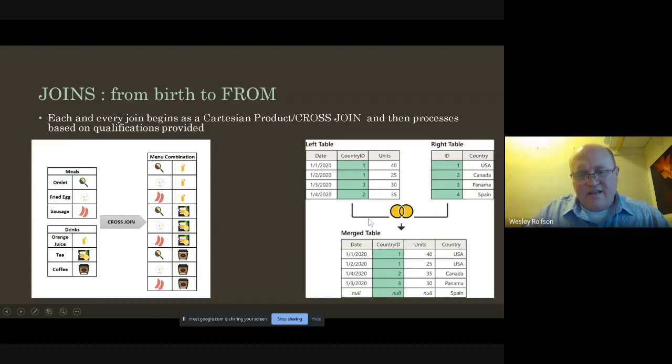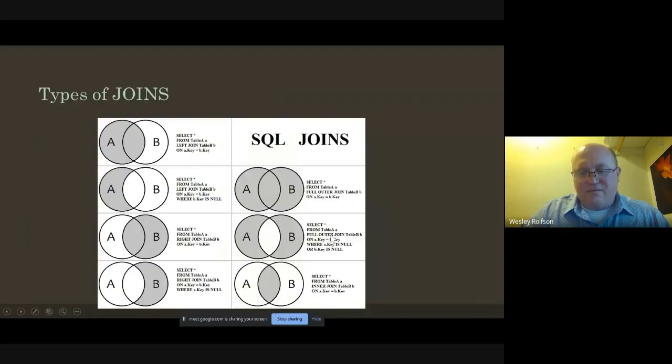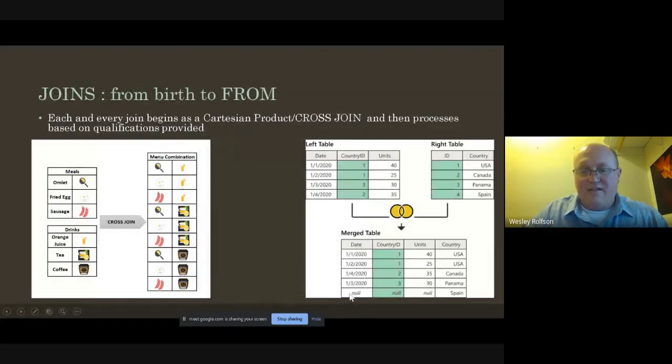And that includes the fact that there isn't a fourth row in the table on the left, so it's going to fill them in with null. And it's important that we know that it did that, because a null has very specific values depending on how we use it. In this case,